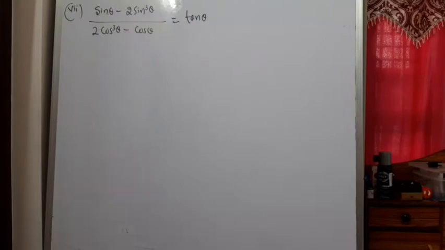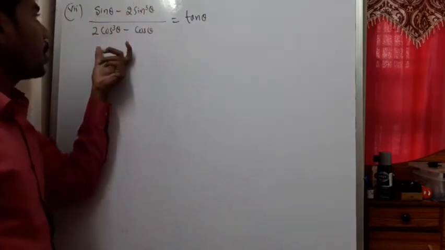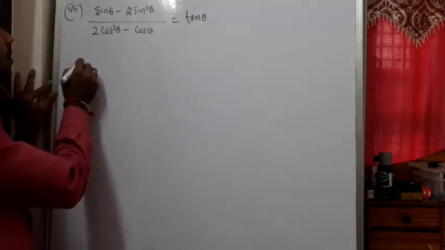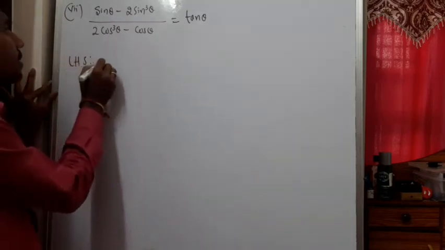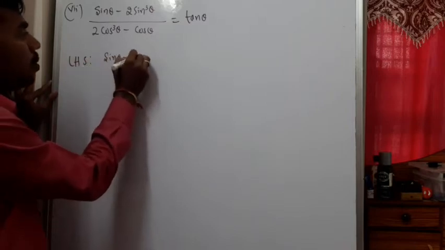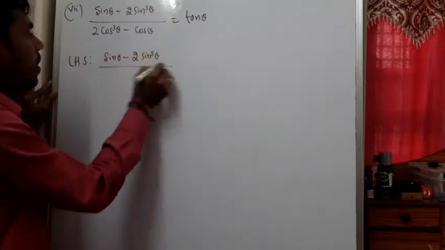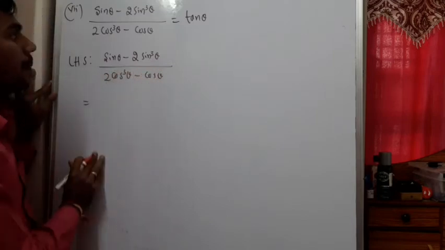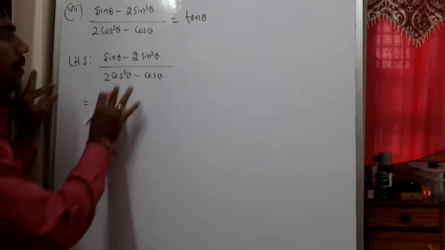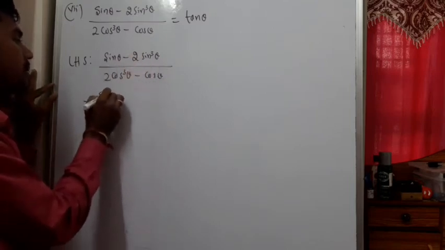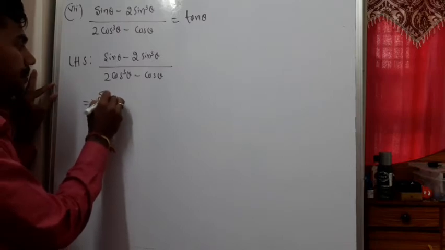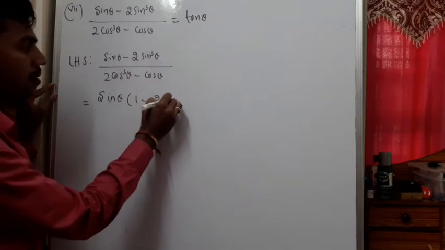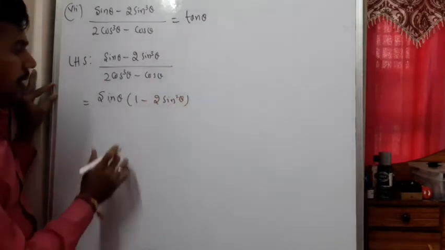Seventh problem. (Sin theta minus 2 sin cube theta) divided by (2 cos cube theta minus cos theta) is equal to tan theta. We need to prove. So for that we need to consider LHS. Sin theta minus 2 sin cube theta divided by 2 cos cube theta minus cos theta. Fine. Now, see what we need to do. Sin theta is common. It can be written as sin theta into (1 minus 2 sin square theta), divided by